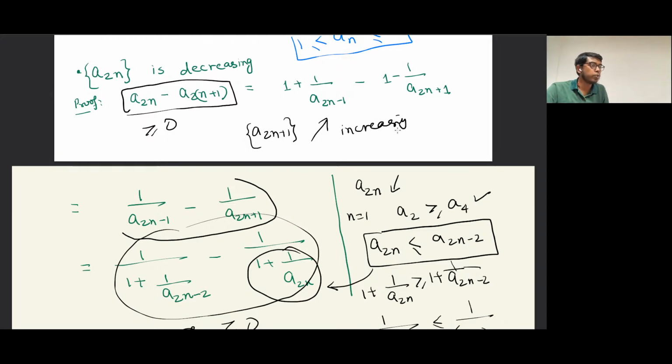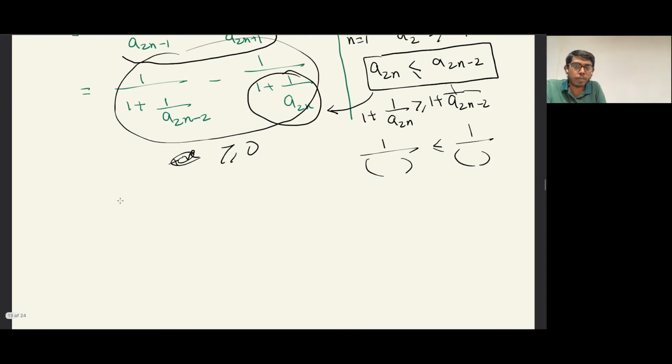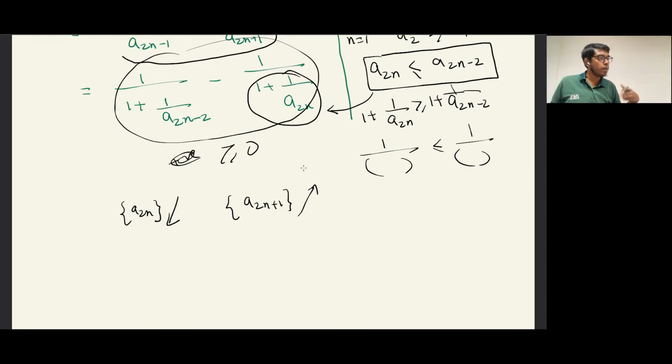So now what we proved is that the even subsequence decreases and the odd subsequence increases. And the sequence is bounded above, bounded below also. So this will converge to L and this will converge to L prime,